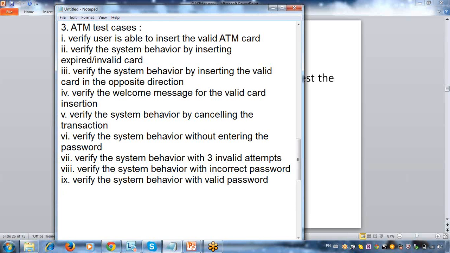Now, what next? Amount. Before that, you will be getting the type of transaction. What kind of transaction are you looking for? Is it a withdrawal? We are only doing withdrawal, right? See, here the testing scope is withdrawal. Try to understand, please. If you go to any application, your testing functionality is withdrawal. That doesn't mean that when you are testing, you will get only withdrawal. You may be getting so many other options, but my testing scope is withdrawal, so I will be focusing on